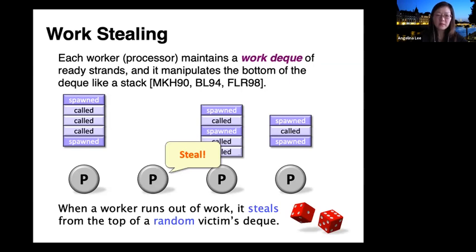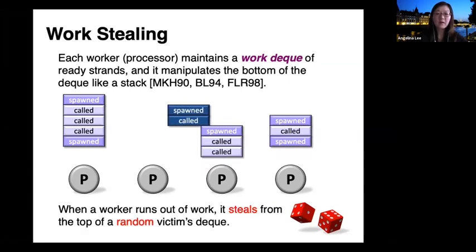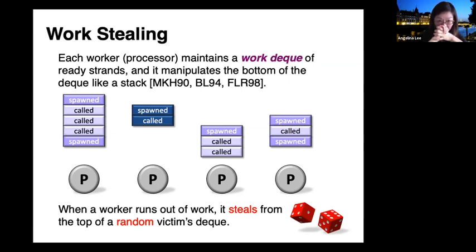When a worker runs out of work, it randomly chooses a victim and steals from the top of the victim's deque. One thing I will mention: earlier, when I pushed the frame onto the bottom of the deque, I used spawn to indicate that a function was spawned, and I used call to indicate that a particular function frame has been called.